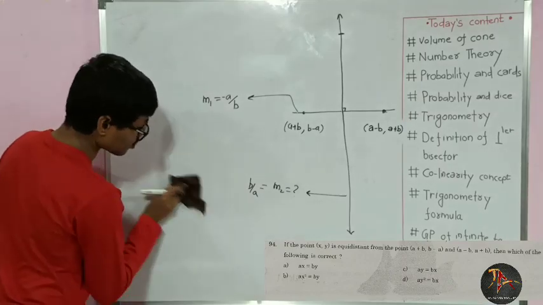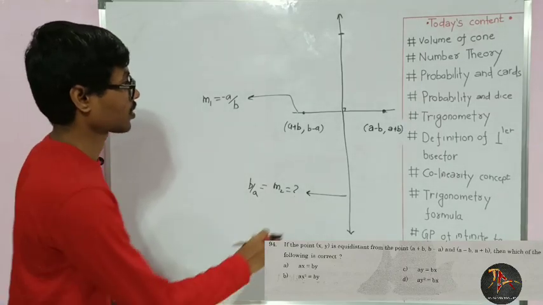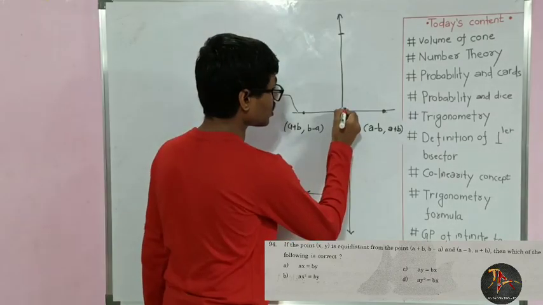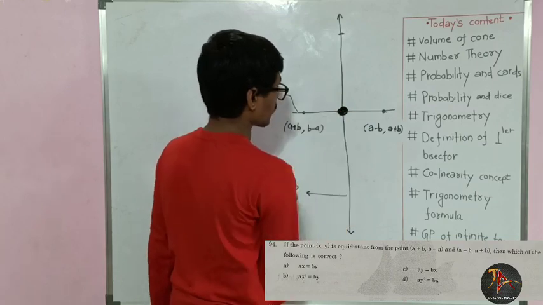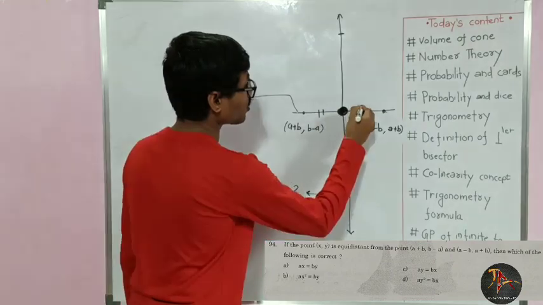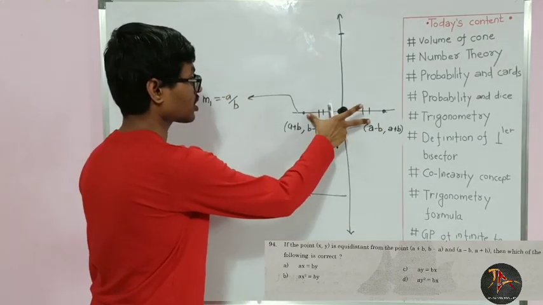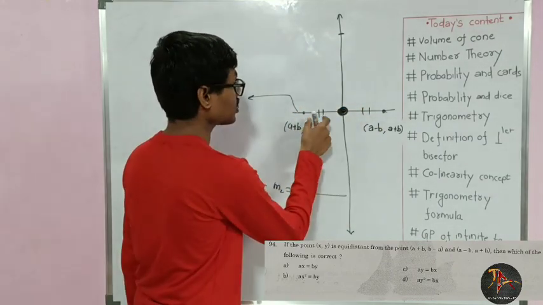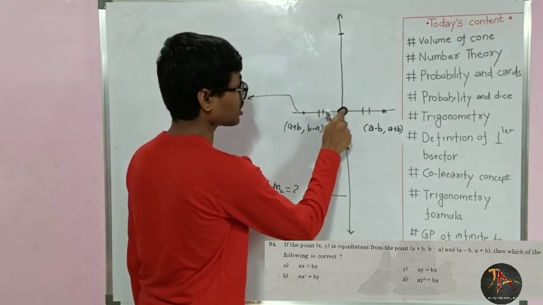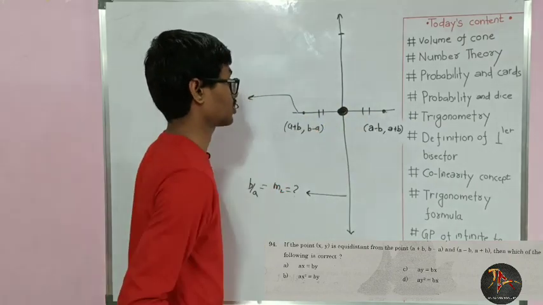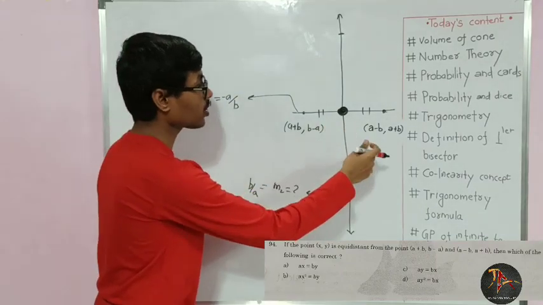Now we have found the slope. Now we have to find this point. This point is the midpoint of these two points, this line segment. Now the midpoint is calculated by